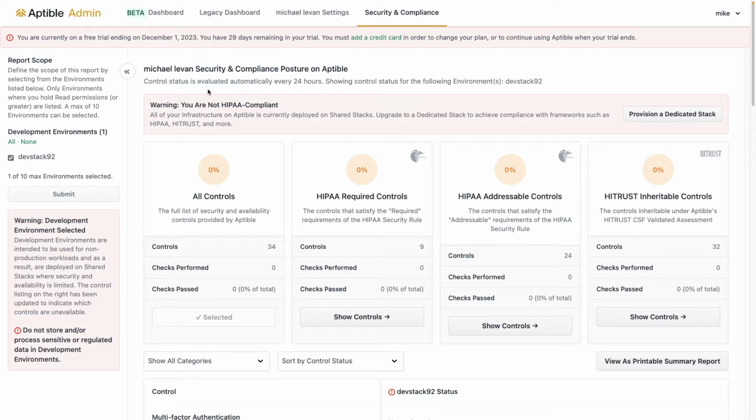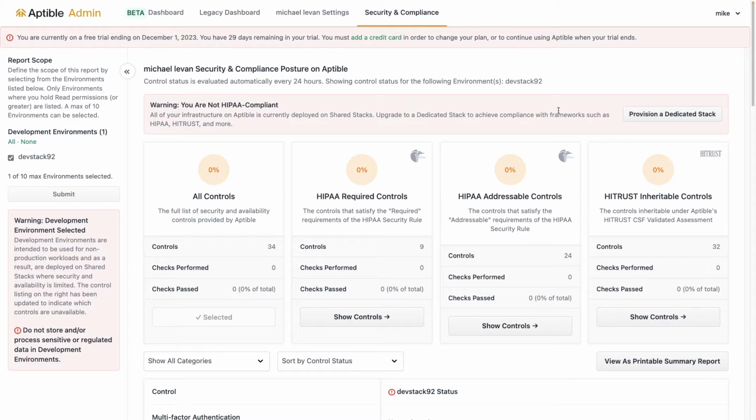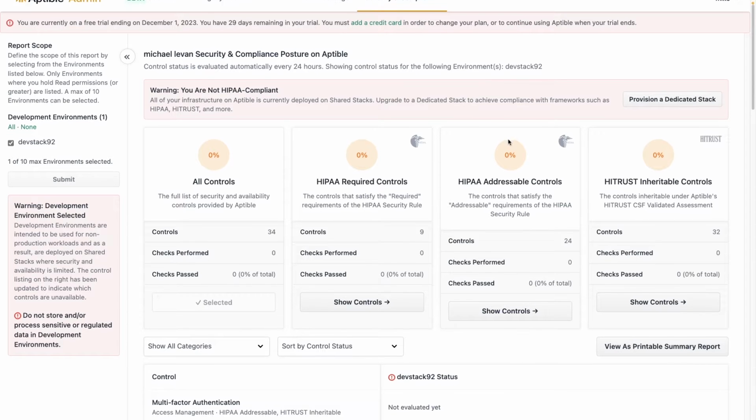The security and compliance posture control status is evaluated automatically every 24 hours. Okay, so the biggest thing here is if you want to utilize all of the infrastructure in terms of ensuring security and compliance, you have to upgrade to a dedicated stack. So if you click that button here, this is actually going to upgrade you to a dedicated stack. Now, yes, to get these security features, it's definitely a little bit more expensive, $4.99 a month, but it's going to give you a little bit more capability out of the box versus you having to eyeball the